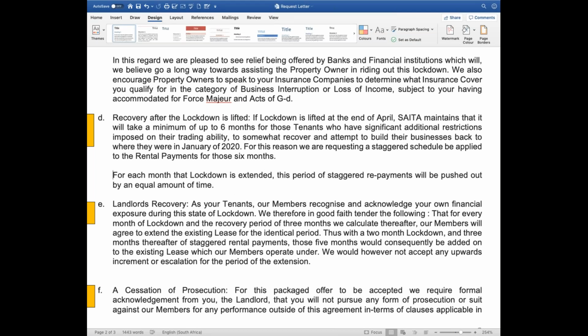But then if May rental is due the 1st of May, what happens then? Well, they have to get back to us quickly, I guess. If lockdown, don't pay it. It's agreement. That's simple. Just don't pay it. You got 60 days. So the bottom line is, if the current lockdown ends at the end of April, then the staggered period would kick in if we can have agreement with them.